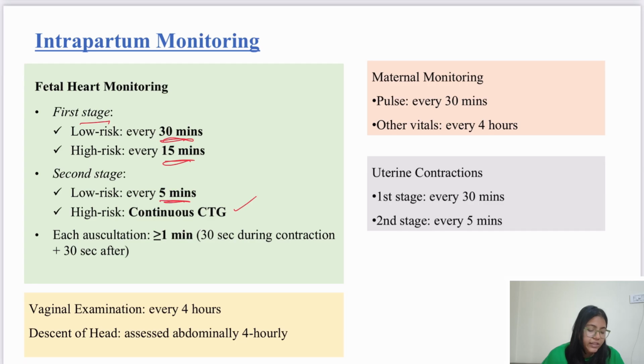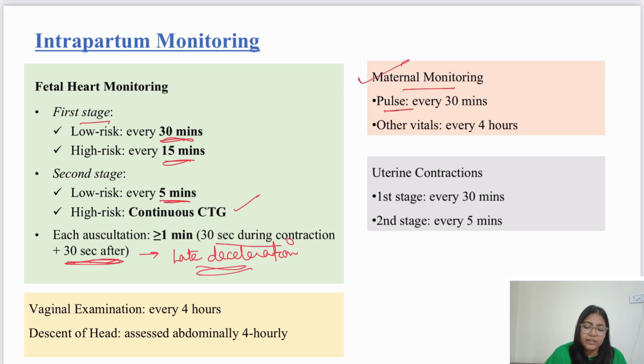Okay, and each auscultation should last for 1 minute at least, 30 seconds during contraction and 30 seconds after contraction. Why do you also need to know the fetal heart rate just after contraction? To pick up late decelerations. So to pick up late decels, you need to hear the fetal heart sound after contractions also. And as I told, in maternal monitoring, you do pulse monitoring every 30 minutes and other vitals every